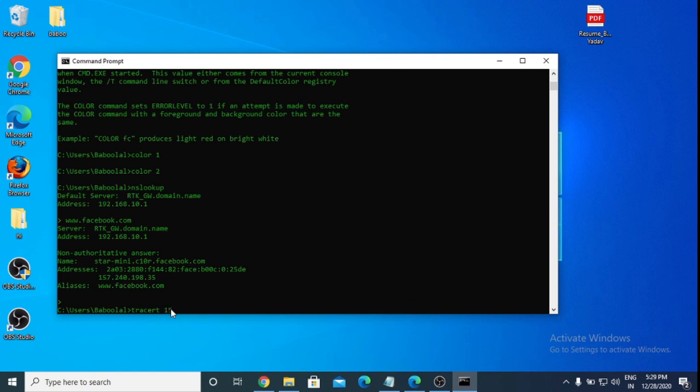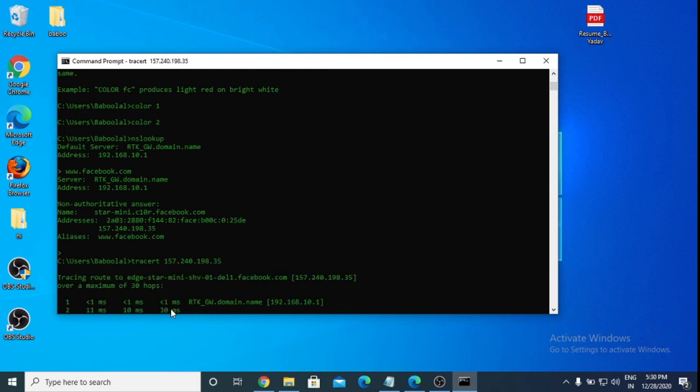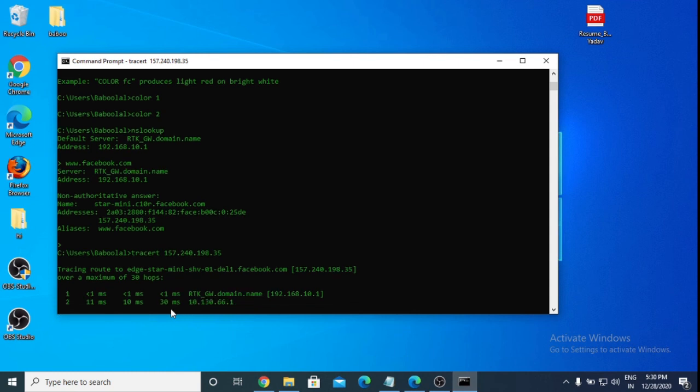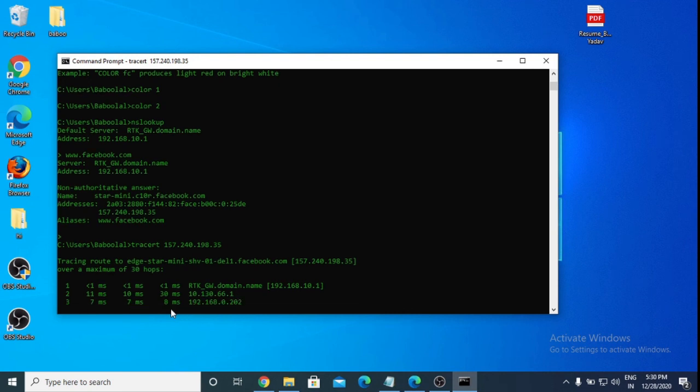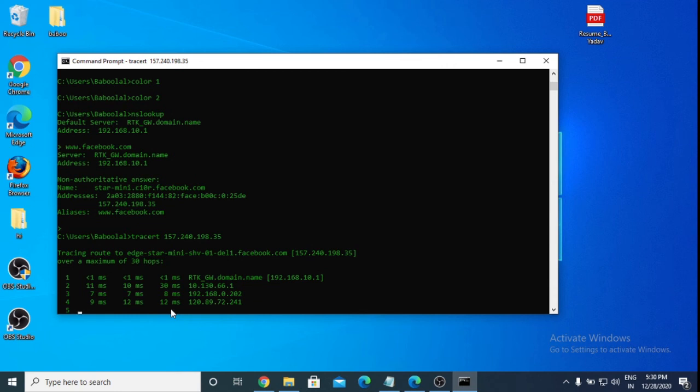So first it goes to 10.130.6.1, then it goes to 192.168.0.202, and next it goes to 241. This is the third hop.